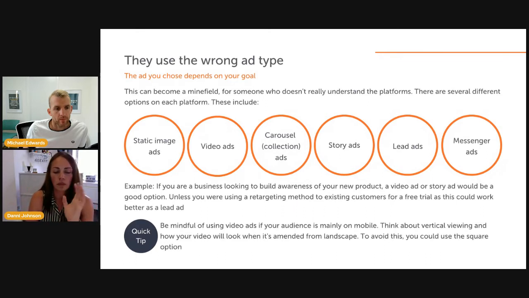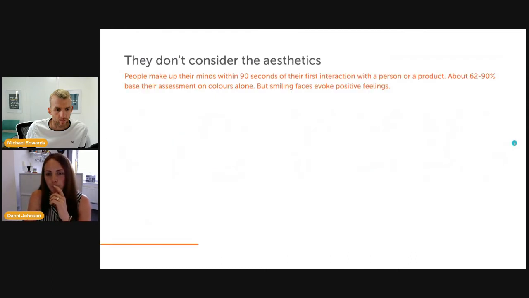Why would you? So to avoid this, you could use the square option in all your videos, so they will adapt to any of the ad types that you're using. Obviously, that's not ideal if you're changing an ad, but it's just being aware of that, and it could combat a major issue if you can just make it square.